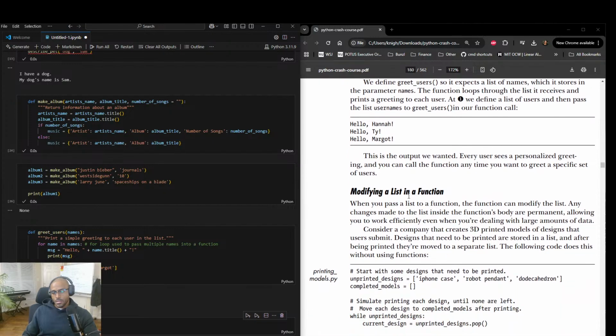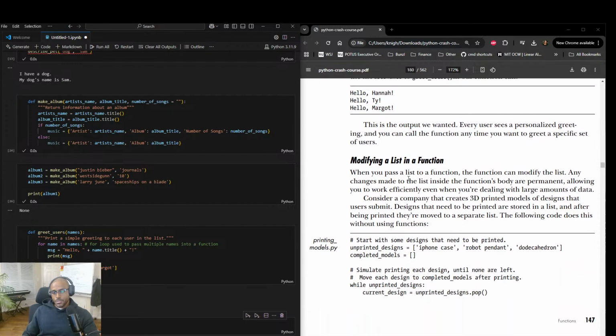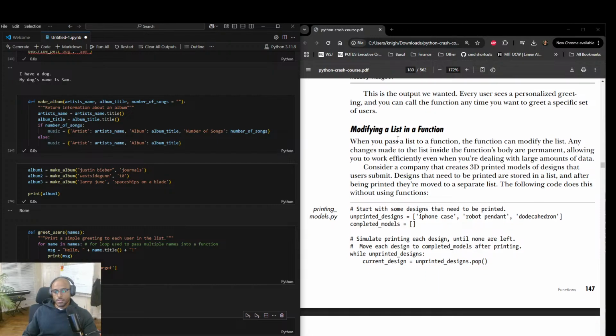Okay. We wanted personalized greetings, and you call the function anytime you want to greet a specific set of users, right? You're modifying the list in a function. When you pass a list to a function, the function can modify the list. Okay. Any changes made to the list inside the function's body.